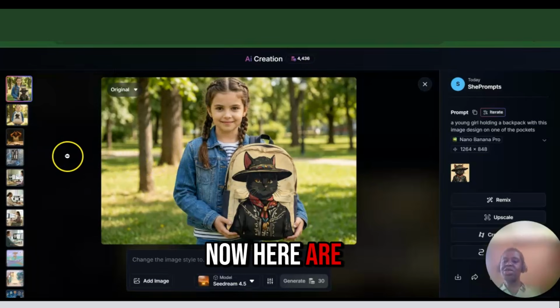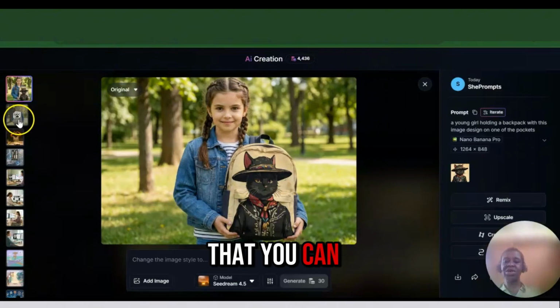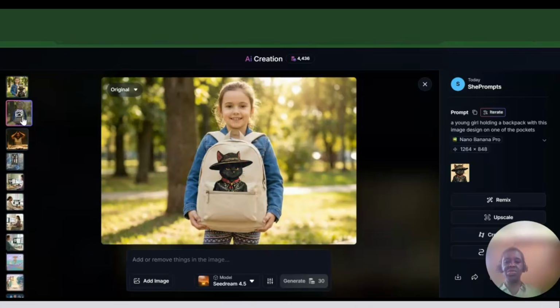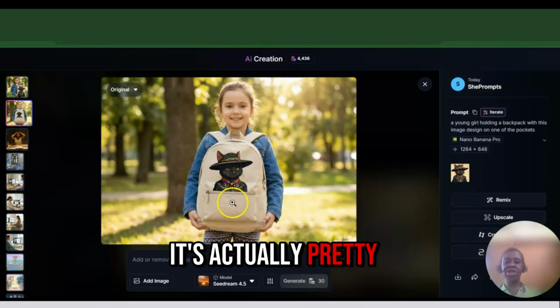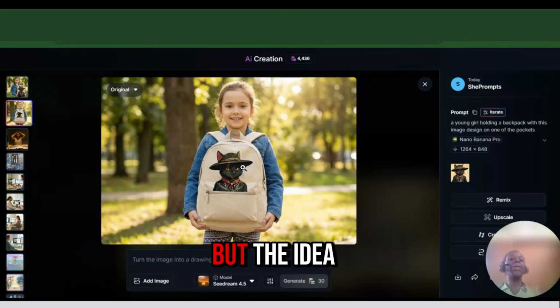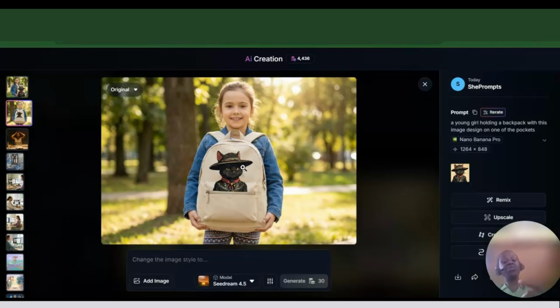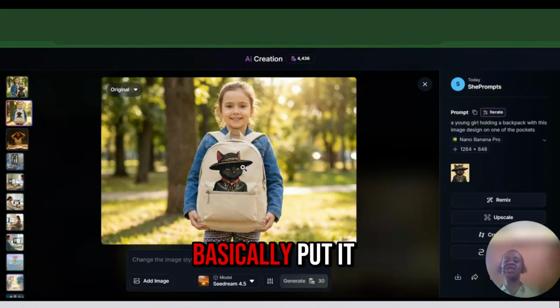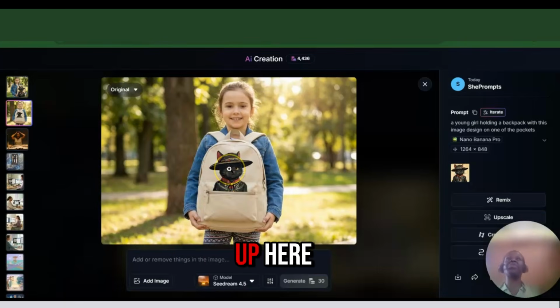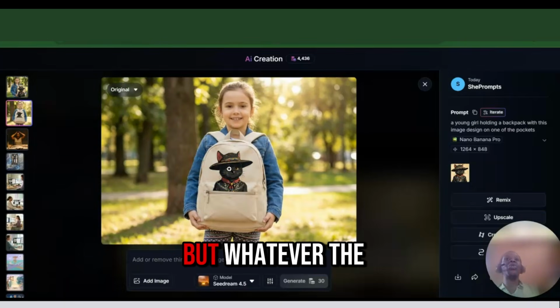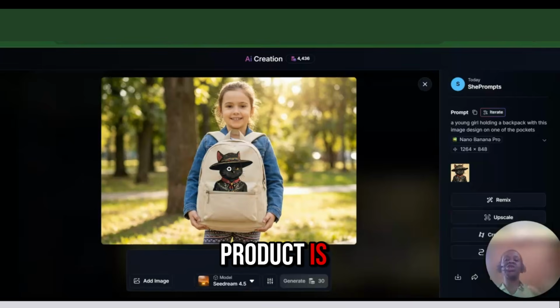Now here are the results of that. You can take a look at this. Yeah, it's actually pretty good. But the idea here is that you can play around with this and add more specificity to the prompt itself, so you can put it maybe on this pocket instead of up here, however it is. But whatever the product is, you can